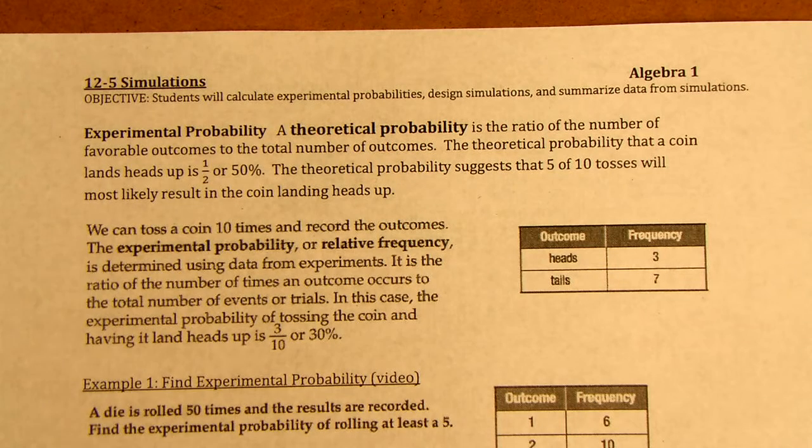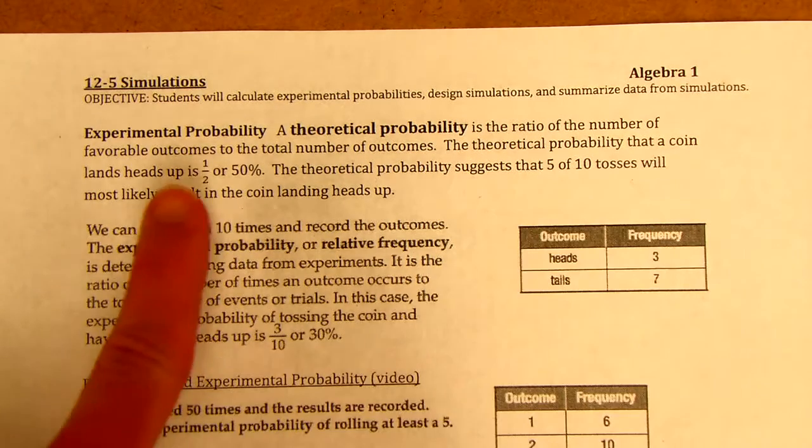Okay, starting with theoretical. Theoretical is based on facts, exactly how many outcomes there are, exactly how many are favorable. So it's the number of favorable outcomes to the total number of outcomes, based on facts. The example they give here in the reading is if you have a coin, heads or tails. There's two total outcomes. If it lands on heads, there's one head for two total outcomes, so it's